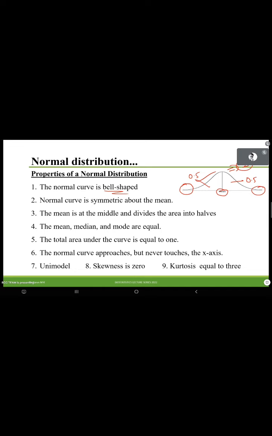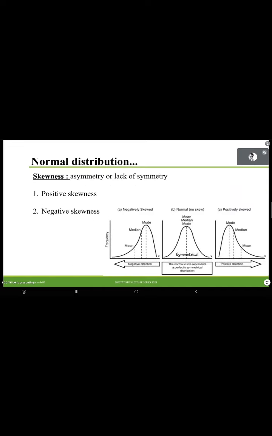But the very important property I want to highlight is skewness. For example, in this graph, you can see the central one is exactly symmetrical, bell-shaped. Correct, no? But on this side, you see, this tail is a little tapered towards the right side. In this graph, the curve is more shifted towards the left side. If there is asymmetry, then you can say, oh, that is a skewed one. So whenever you plot your graph, if it is skewed towards the right side, then you can say it is a positively skewed diagram or data. If the tail is more shifted to the left side, then it is a negatively skewed data. So skewness is actually quantifying the asymmetry, the lack of symmetry.